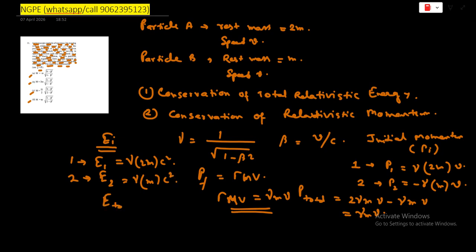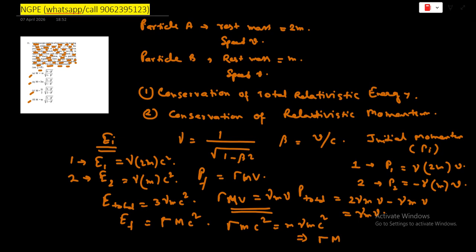So E total will be 3 gamma mc square, right? And the final energy EF, so equation number 2 says, so we can say that